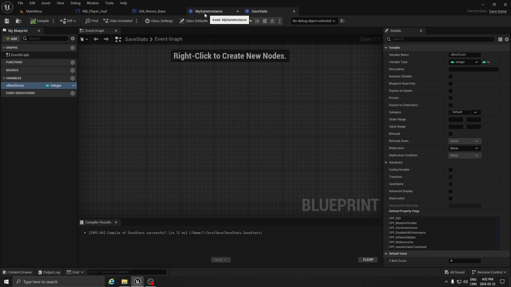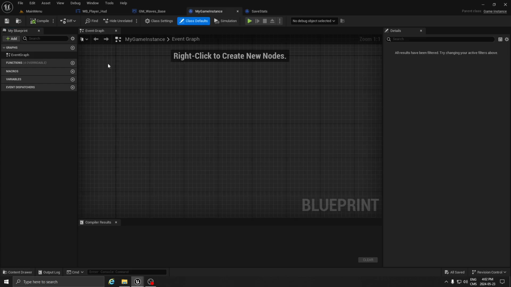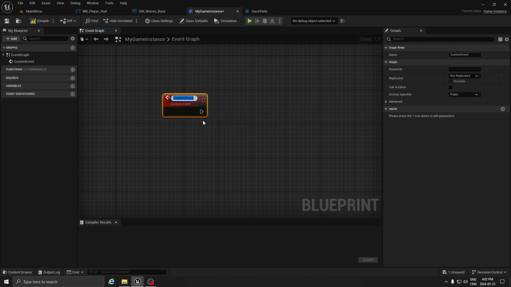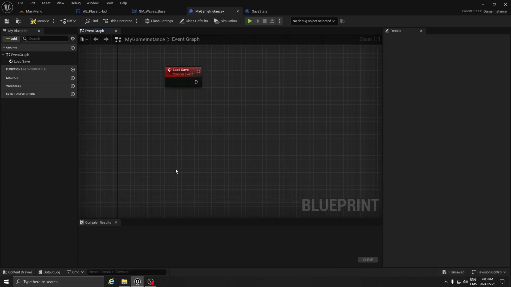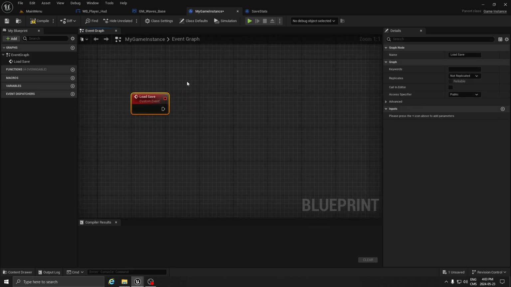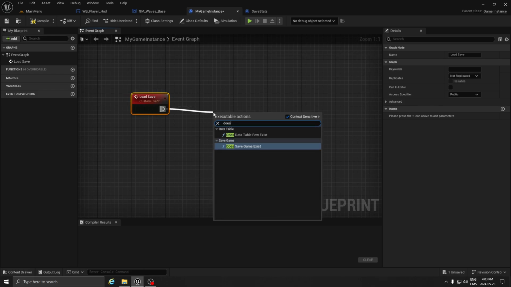So we can go back to our my game instance, and now we're going to start all the logic for our save. So we're going to start by creating a custom event. And from there, we can call that custom event or load save. And just under, we're going to create later on our save system. So first, when we load the game, we need to know if a game exists. So does